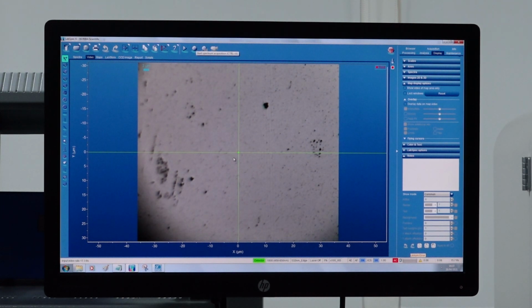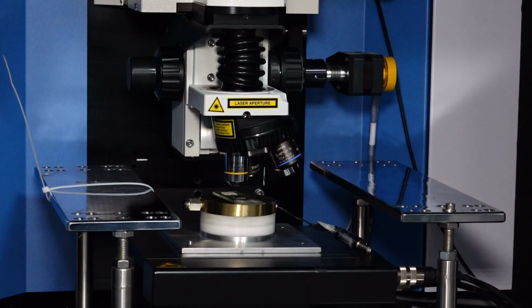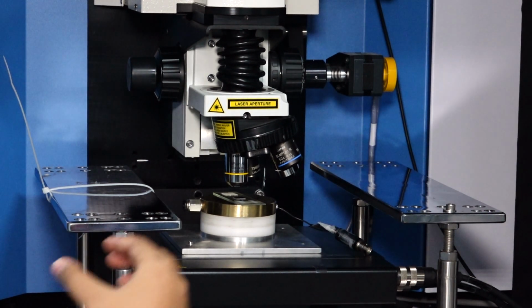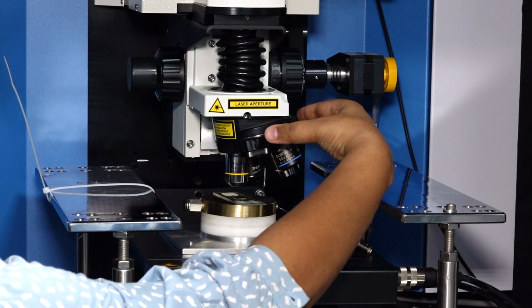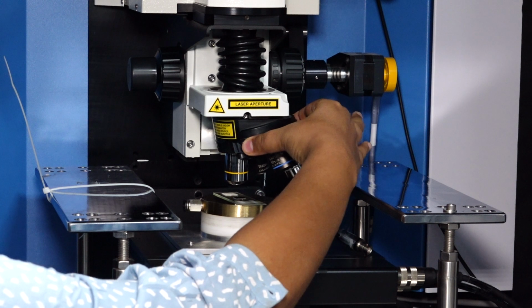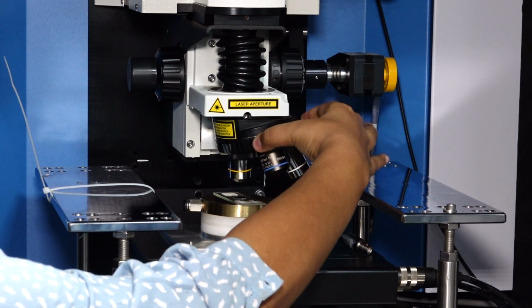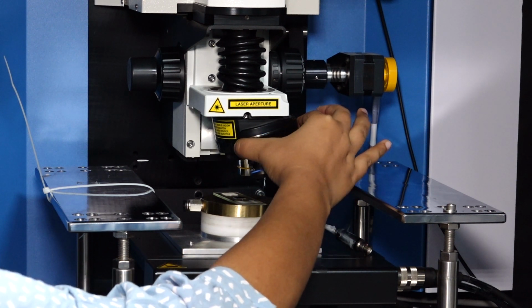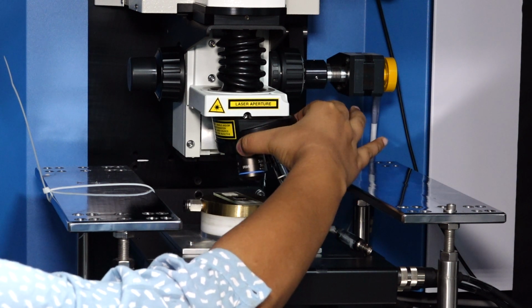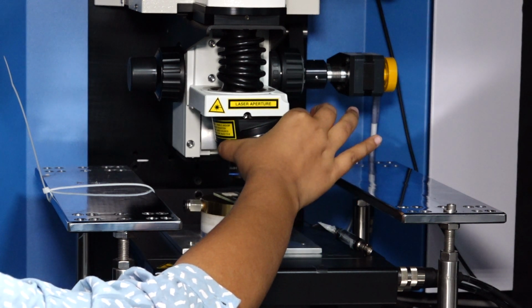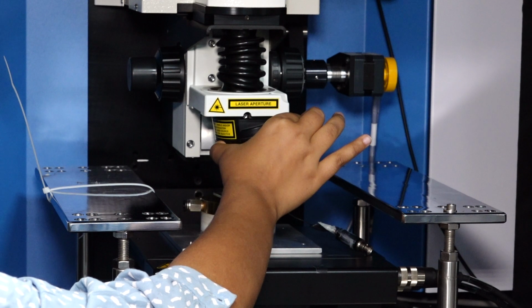So now I will zoom into the active region using the 50x objective. So now I will have to rotate the turret so that the 50x objective is above the sample. Now I will rotate the turret such that the 50x objective is on the top of my sample, and I hear the click sound, which makes sure that the objective is in place.